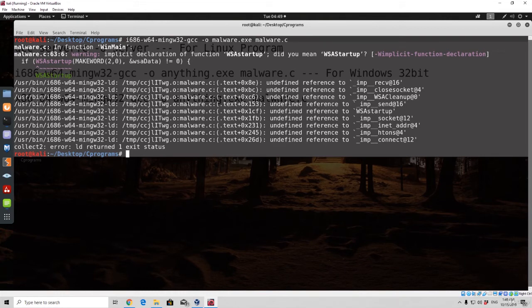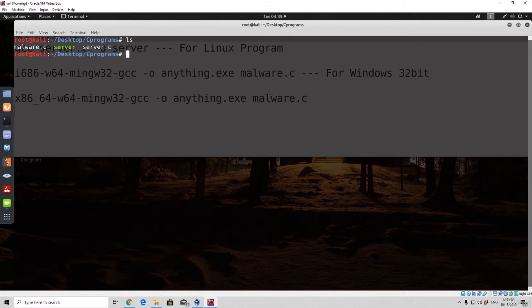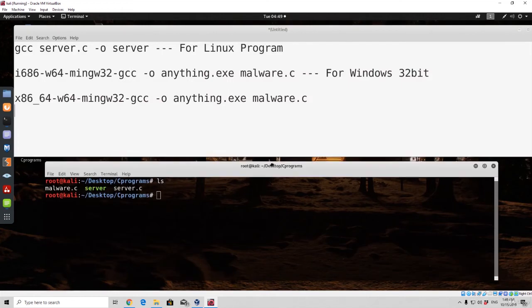Now, what this actually means is that we need to specify in the compilation command the actual libraries that we used, so it can recognize some of the functions that we mentioned in our program, such as this one. As you can see, it didn't manage to compile it. This is expected and you should remember this: once you're compiling this program, you want to specify the same command right here. Just at the end, you want to specify two different libraries so it can know from where it should search for functions, and one of them is